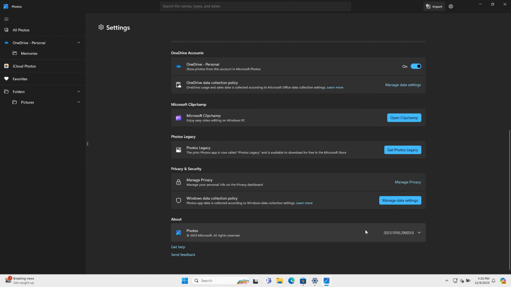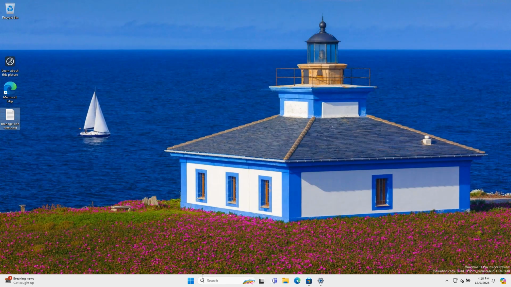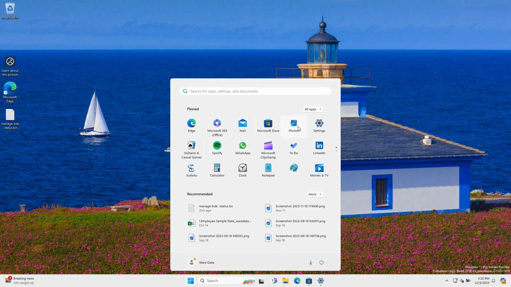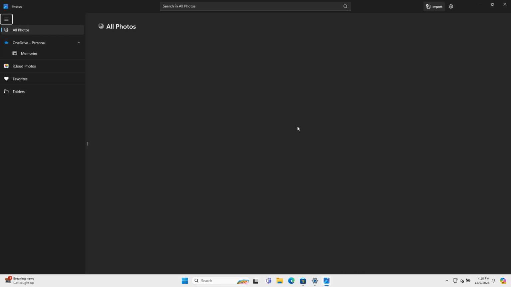here, see our version is the latest 2023.11110, and you can see here for yourself. And after you update your Microsoft Photos, now when you open your Microsoft Photos, you can open any image,